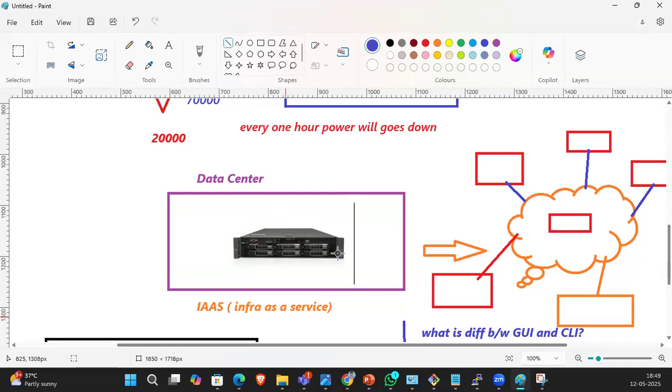Here in a data center, we need to go manually to the data centers, keep our servers, and install everything manually. But how did cloud come into the picture? They created an application for the infrastructure. Whenever you want, you can use it, and only for that time. It is pay per use, pay as you go. The slogan of the cloud is pay as you go. Understood?